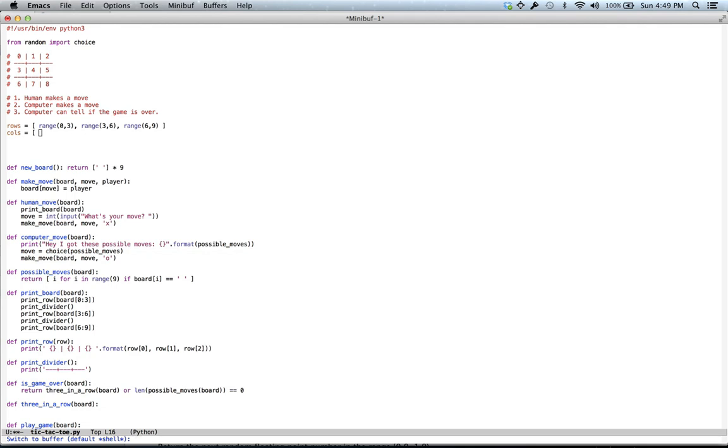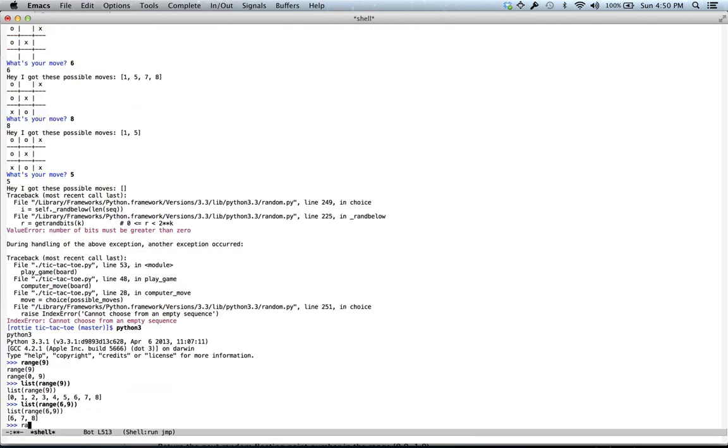4. And then add 3 to that, what do you get? 7. That's right. So 1, 4, 7 is this sort of counting by threes. And then 2 plus 3 is 5, and then 5 plus 3 is 8. Yeah. Okay. So it turns out over here, this range function that we were using before, you can also do